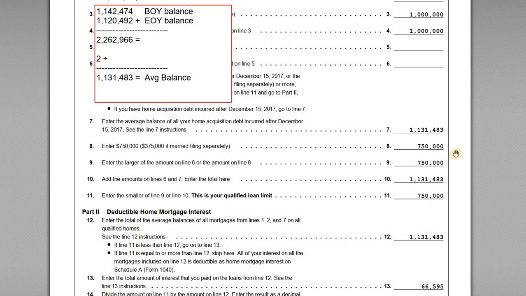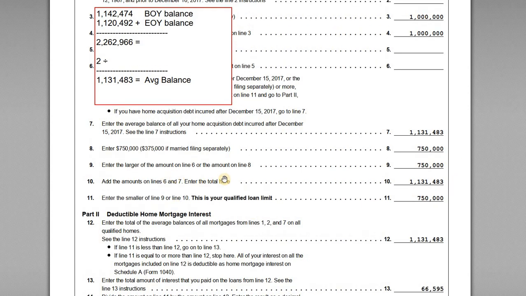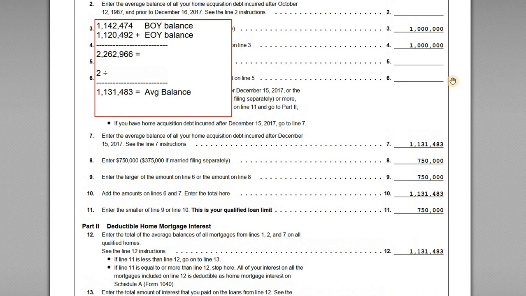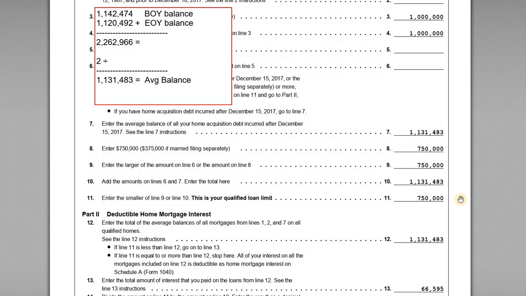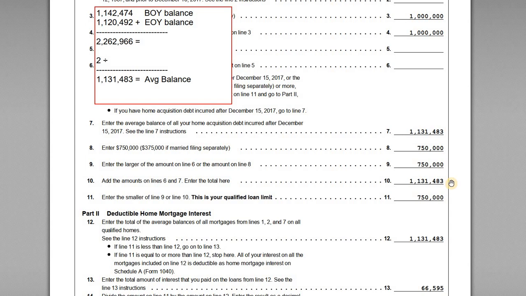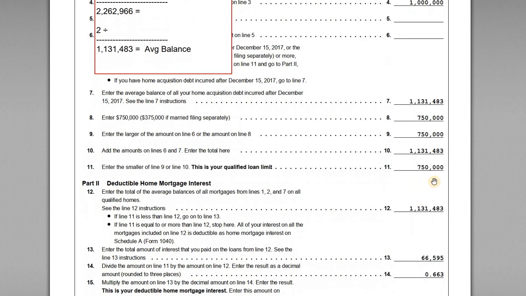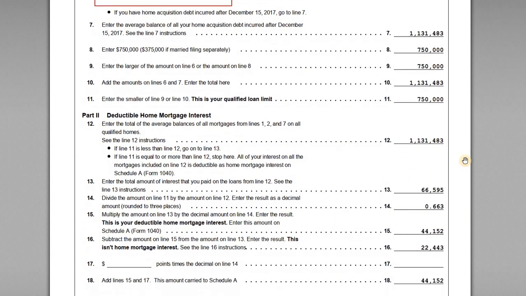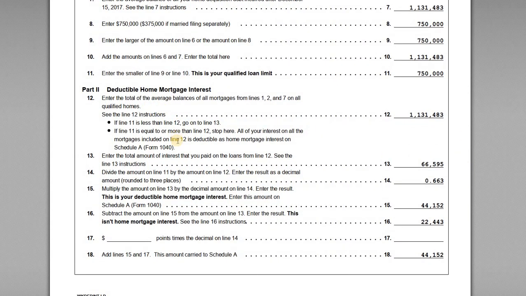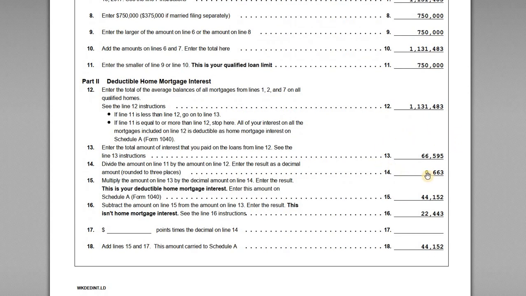$750,000 is the threshold for the year. So line 9, enter the larger of line 6 or line 8, and that's our $750,000 figure. And then all the loan balances that we have outstanding on an average basis is, again, that 1.13 million. Now, the qualified loan limit is the $750,000 for us. And so now we move into how to calculate the deductible amount of the home mortgage interest. So we've got our 1.13 million. The total interest that we paid is that